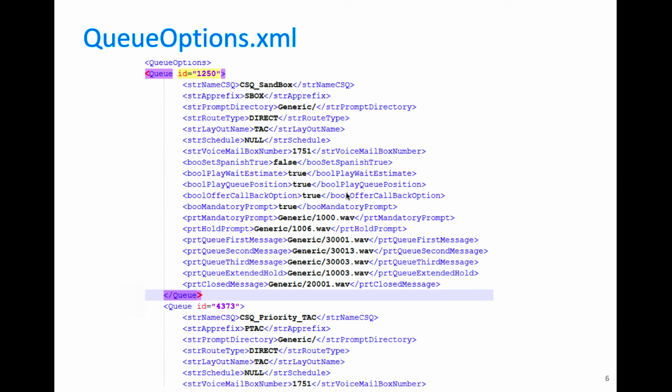Do we offer the callback option, true or false? Do we want to play a mandatory prompt to callers when they get in the call center? And where are the prompts? Basically, these load the individual prompts that you need for your particular CSQ. So we call them queue message 1, queue message 2, and so forth. And these are all previously recorded and in the generic prompt file that we provide you with this killer script